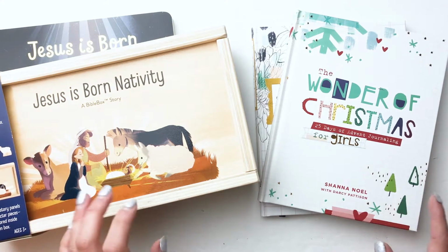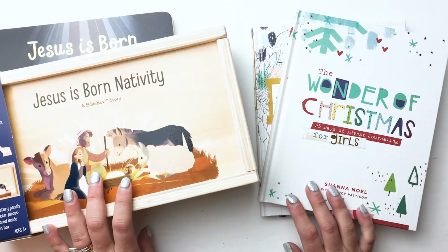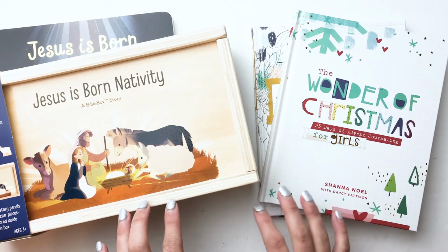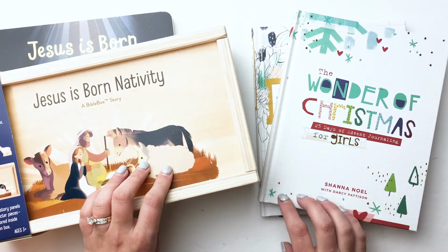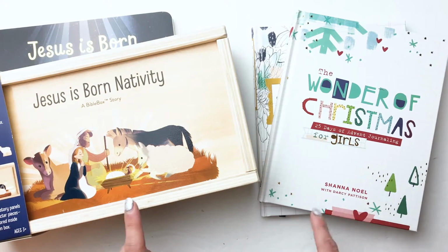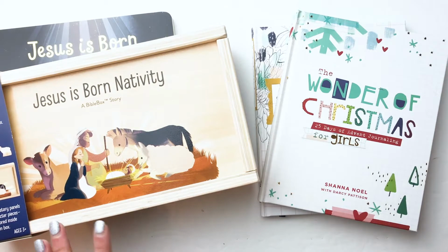And one thing I wanted to share with you guys today and highlight are some really fun goodies that would be great for Advent studies, if you are interested in grabbing some of these now, so you'll have them in time before December and before Advent starts. I do want to say a big thank you to DaySpring for sending me some goodies, also to Shauna Noel for sending me some fun stuff that she has with DaySpring. I want to go over these just a little bit, and hopefully you'll see something to help you with Advent too that you could grab in the sale right now while you're getting such a good deal on it. So the first thing I'm going to share are a few little Advent things here for little